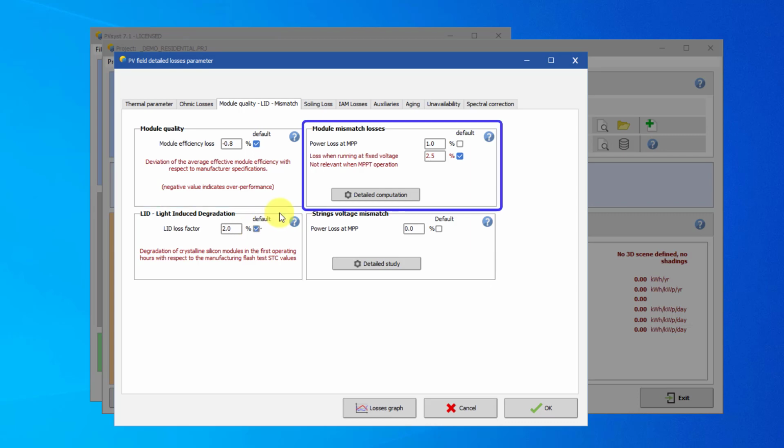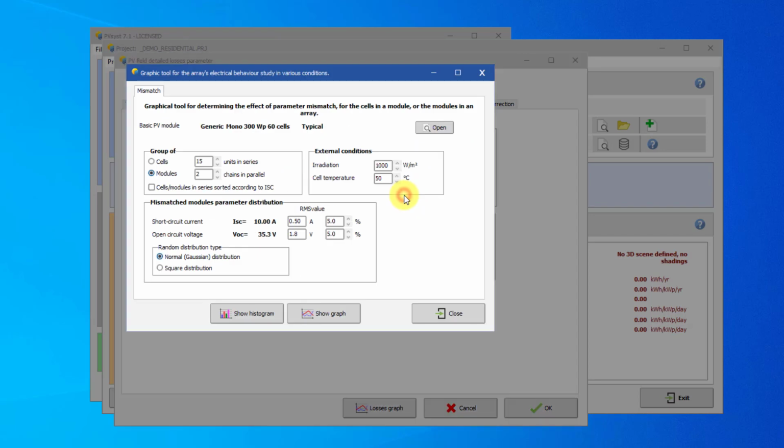Module mismatch losses come from the fact that the modules in an array do not have the exact same IV characteristics. In a string of PV modules, the worst module drives the string's current. Detailed Computation is a pedagogical tool that will help you understand and calculate the module mismatch losses.